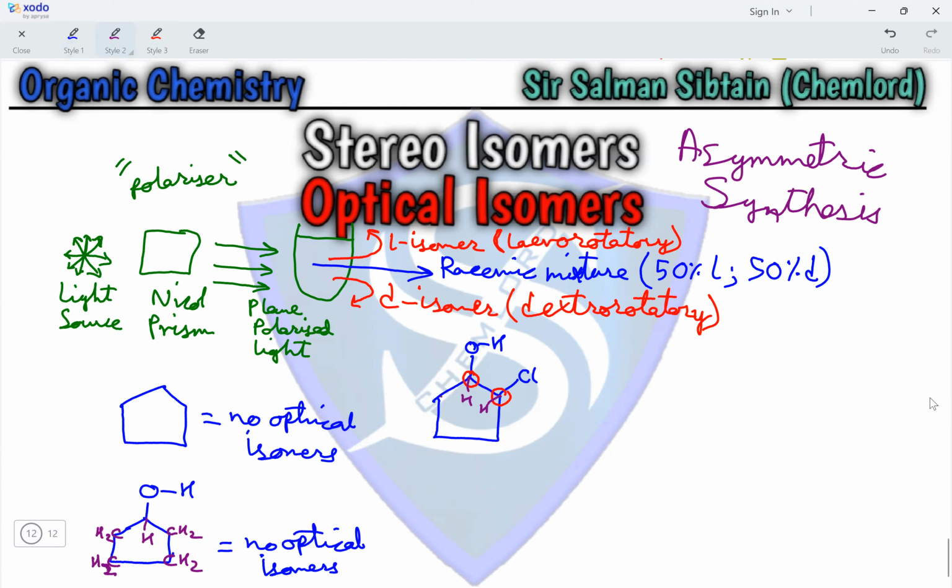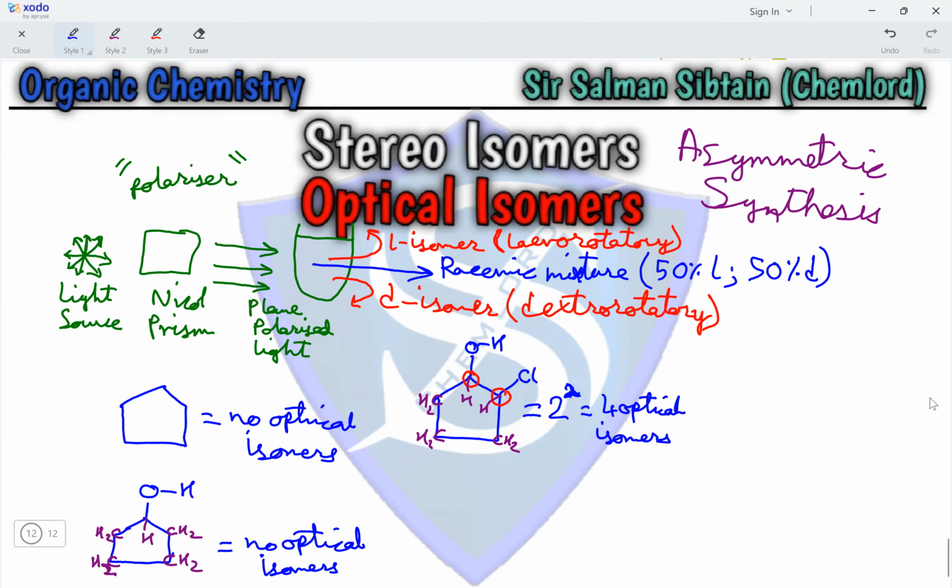On the left, this has got a CH2 group followed by a CH2 group. On the right of the one with the chlorine, there is a CH2 group followed by a CH2 group. But we can see that on the right of the carbon with the OH, we have a CHCl present, and on the left of the carbon with the chlorine, we have got a CHOH present, which makes it 4 different groups attached to the same carbon atom. So this particular compound will result in the formation of 2 raised to the power of 2, because there are 2 chiral centers present. So 4 optical